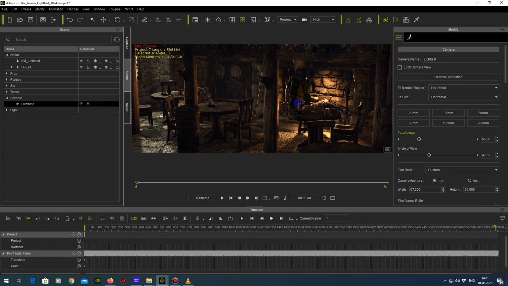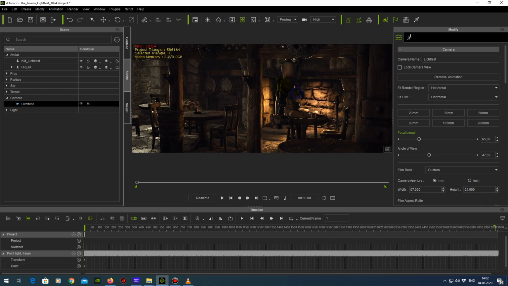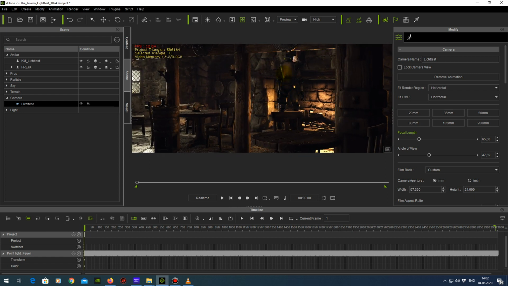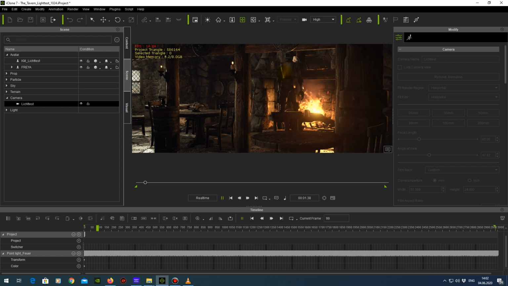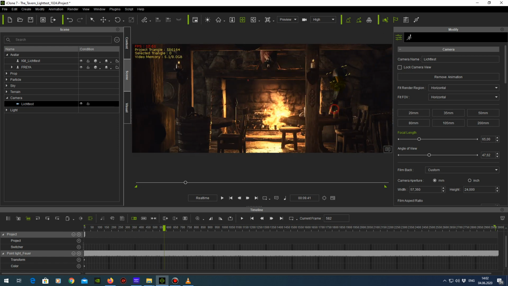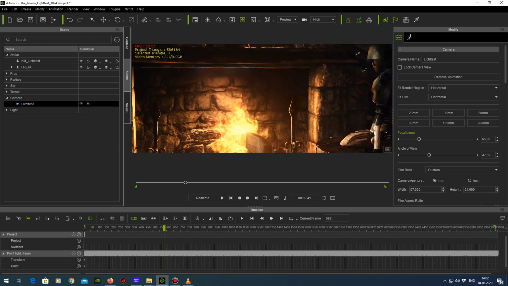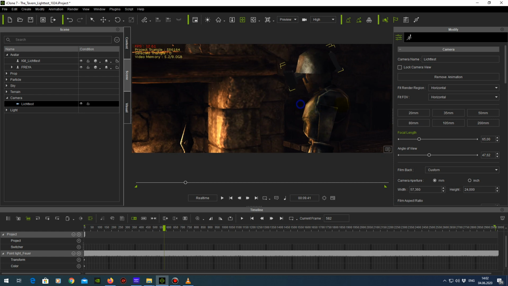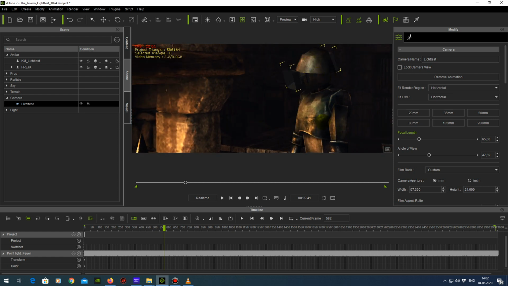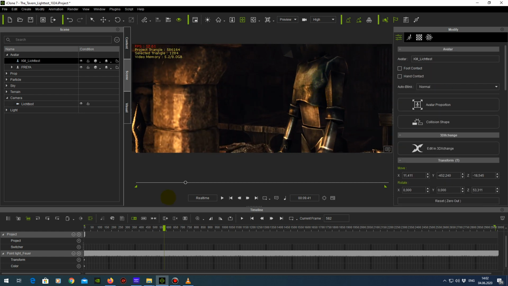He is there, and I play the scene. So, and you can see it's just a character with the camera mounted on the head, and this character